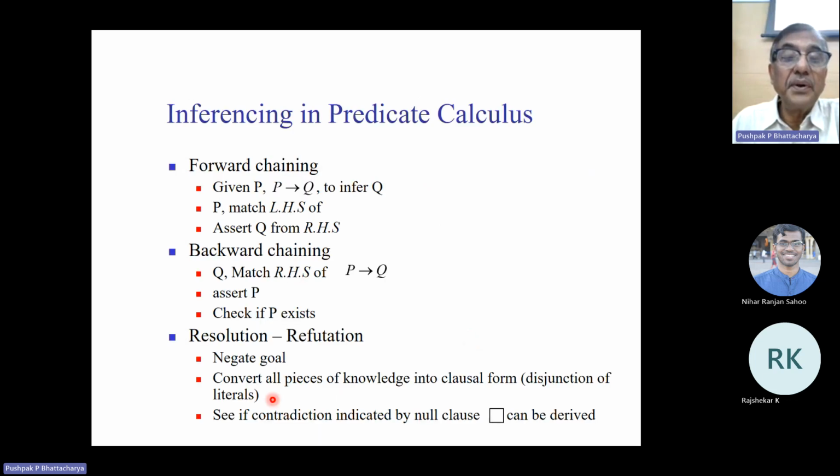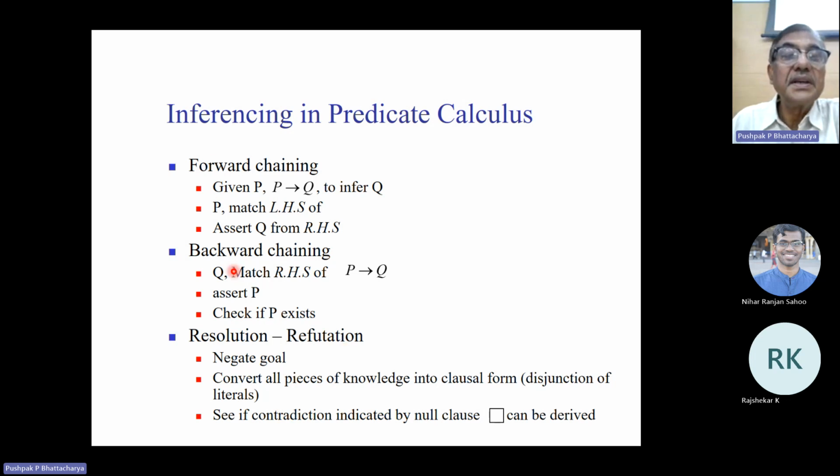Now, what if you do not get a null clause, whatever you do? Okay, you have carried out all possible searches with all possible pairs of clauses. If the null clause doesn't appear, it means that you are not able to prove a contradiction in the system. So this means that the clause that you want to prove cannot be proved from the given facts and rules. Okay, what you want to prove is not provable. So this is an indication of resolution refutation failing, by failing to prove the clause.